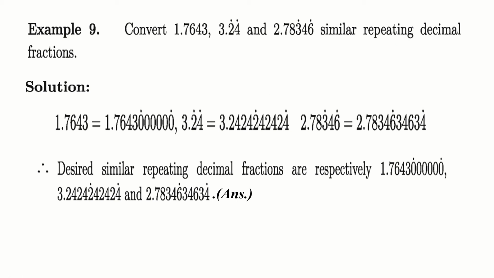So at first you have to observe what the maximum non-repeating part is. Here the non-repeating part is 1, 2, 3, 4, but here there is no non-repeating part. That means 0, and here it is 2. So after the decimal point the non-repeating part will be 4, because the maximum given is 4, and we